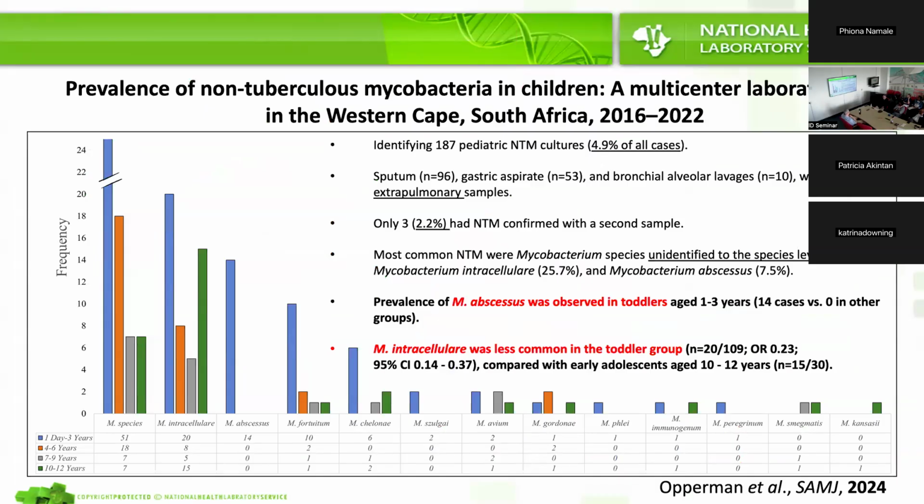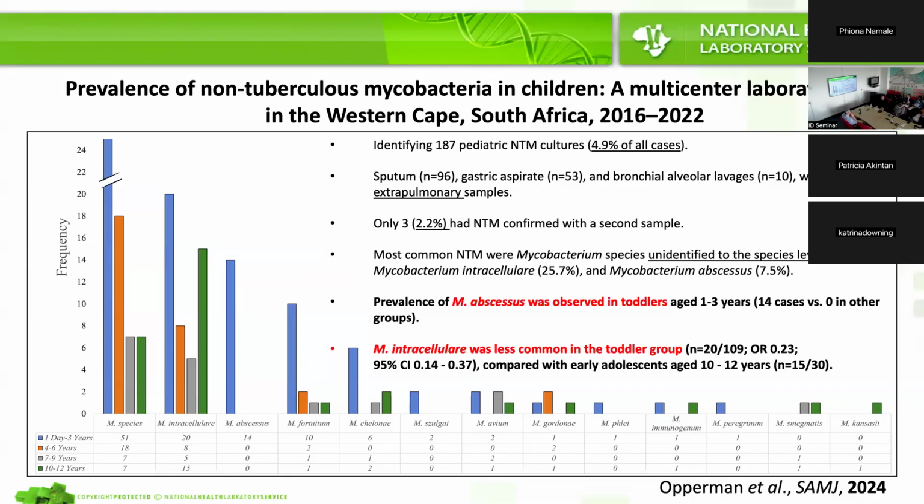Then I just want to mention something about children quickly, not elaborate too much on that. Needless to say, NTMs amongst children is very rare compared to adults, much less. In this specific case, it was less than 5%. And most of the children actually don't get a second specimen submitted. Most likely the clinician felt there was an alternative diagnosis with a viral present, or they were just convinced that it's potentially a contaminant in the specific child and clinically improving. Still a lot of unidentified species with the children that we are sending out.